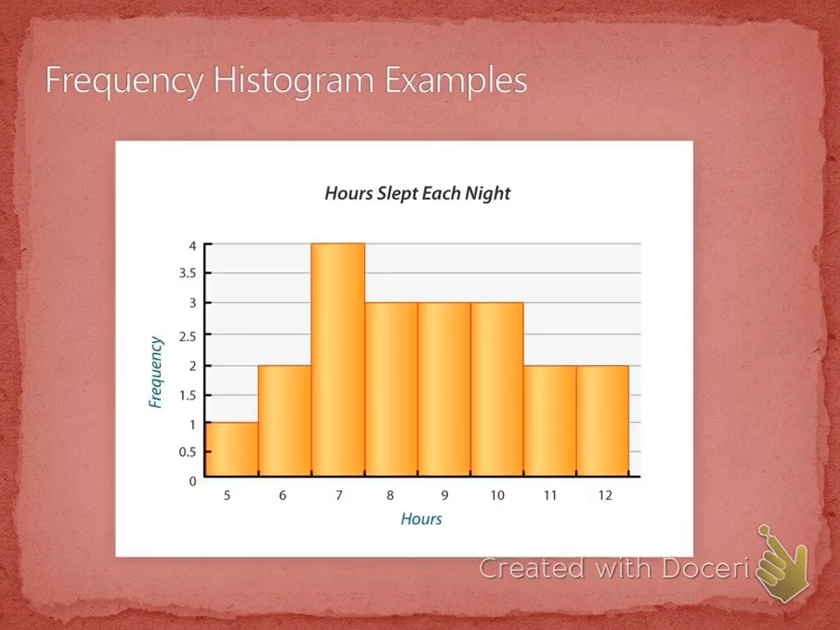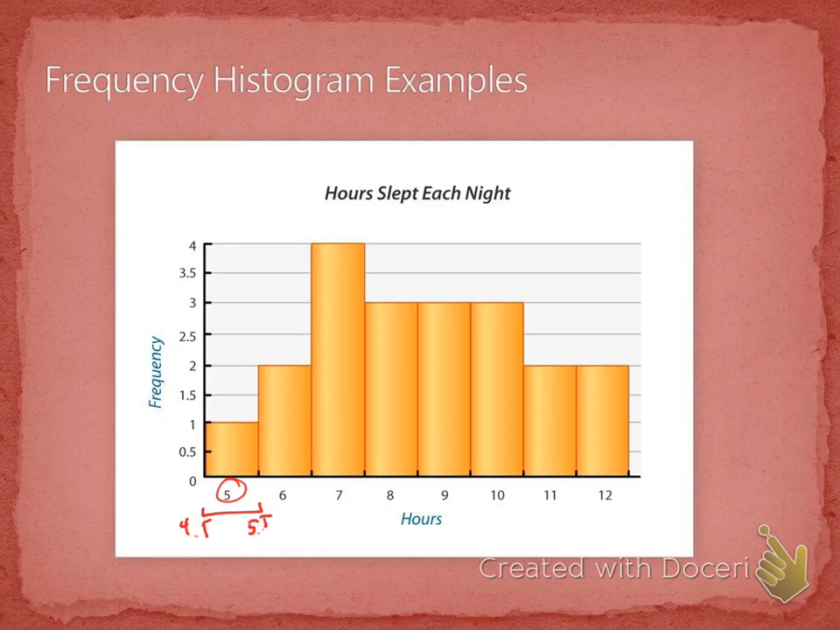Here's a good one. It talks about hours slept each night, right? So our horizontal axis is a numerical representation, but it is a representation of an interval, right? Here, each bar represents a particular number of hours of sleep. 5, 6, 7, 8, 9, 10, 11, 12. But the range or the class might have a different set of values. So this class might span from, say, 4.5 to 5.5, right? But 5 would be that mark or that midpoint of the interval that we're going to use to actually represent